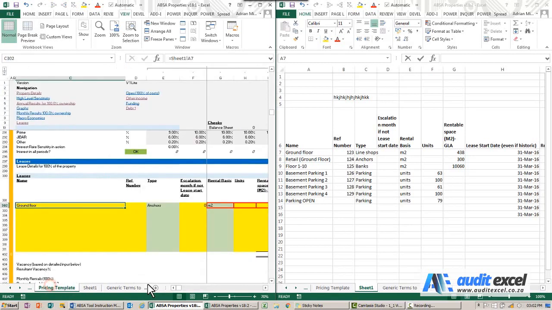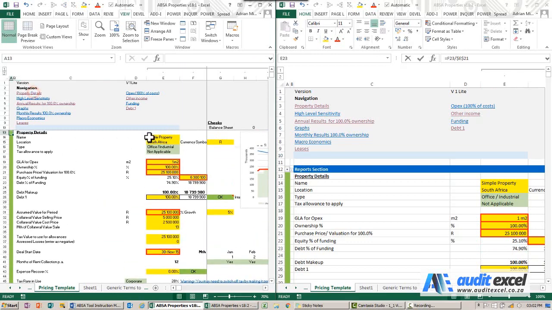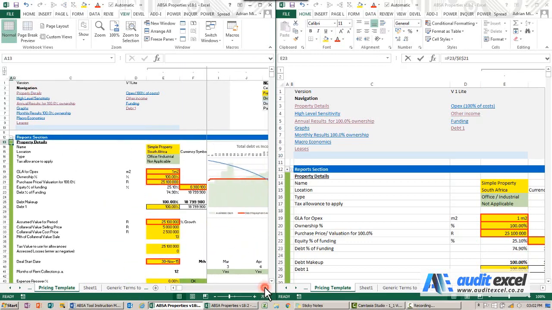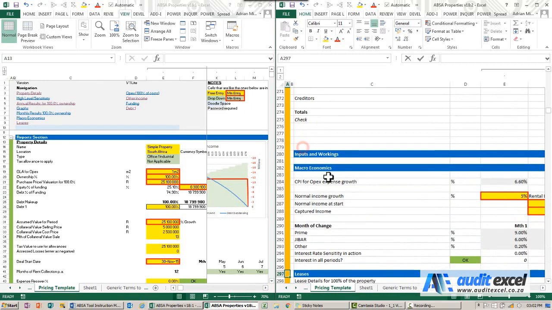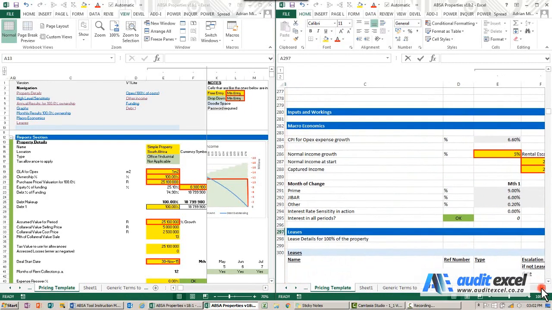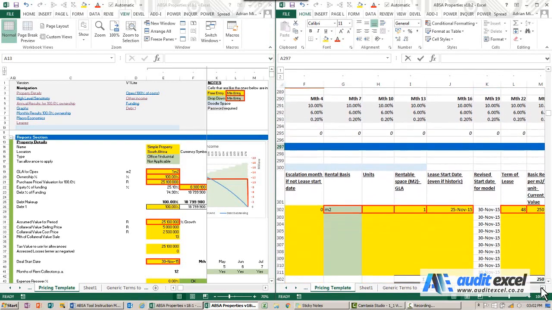Where you can use this as well is if you want to look at different areas, similar to the split panes. So for example, on this side here, maybe I want to go to property details, and I want to see this graphic over here. And over here I want to go to leases, and we'll see these numbers here.